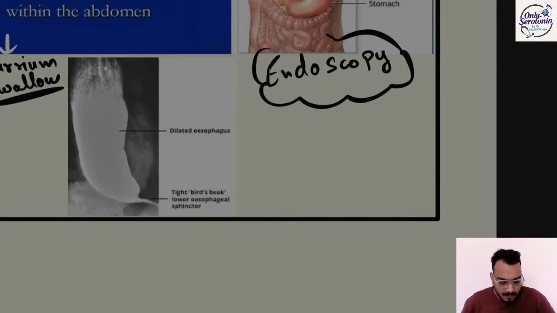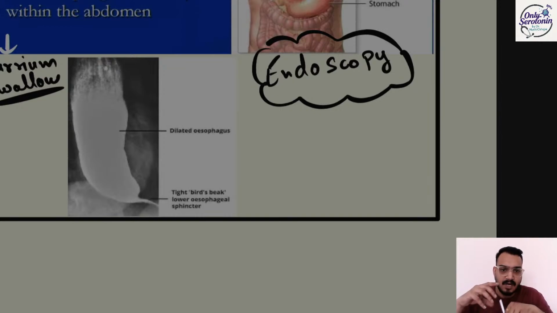That is endoscopy. What you are going to do? You are going to put the camera inside the oral cavity, and then this camera will travel to the esophagus, and it will see all the linings of the esophagus. And once it reaches the last part of the esophagus, it will be inflamed, it will be bigger inside, right? It will get hypertrophied, so they will see a very small opening from the esophagus which is entering inside